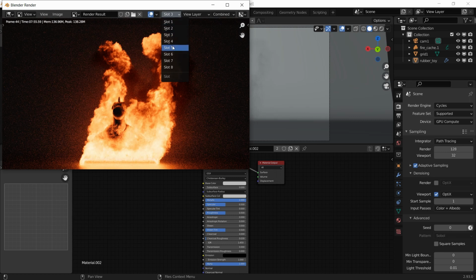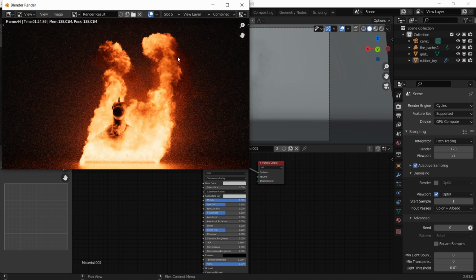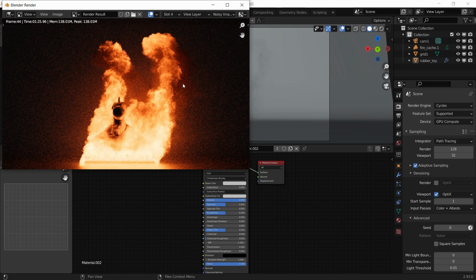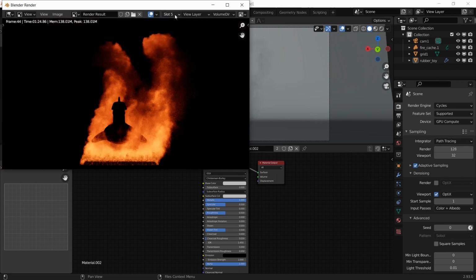Slot 3 and slot 5. It's slightly lighter up here compared to slot 3. But I'll tell you what, I actually like slot 5 a lot more. Obviously, if I look at slot 4, I forgot that I actually have a noisy image right here as well, so I didn't have to re-render it. But anyway, that's slot 3 and there's slot 4. If you're happy with this, you could save a significant amount of time, or you could choose to,